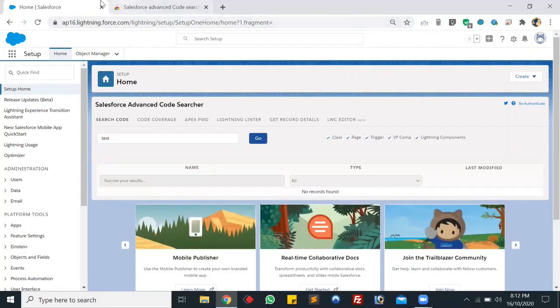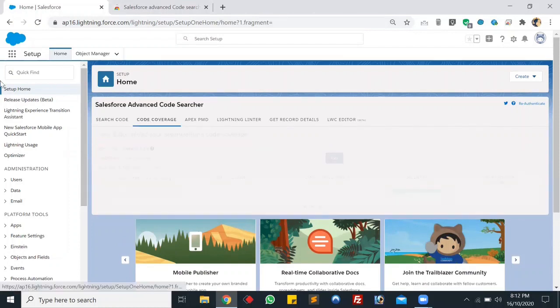As you can see guys, underneath that there's a results table, but I don't have any records here because it is a new developer org. But if you implement it in your org, you can find the records by searching directly in this code searcher. It's kind of a little advanced part of this quick find window with a few more features.